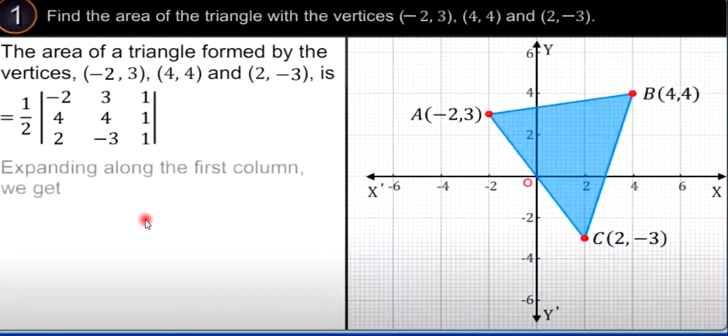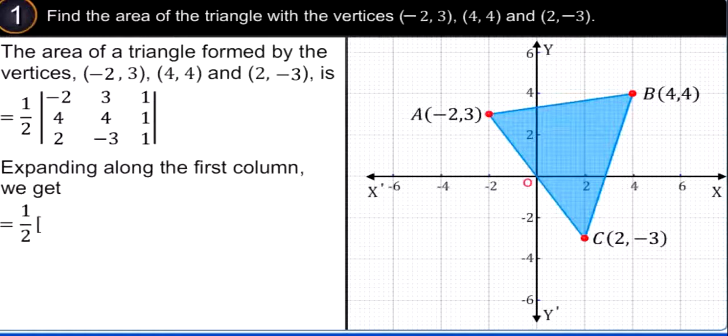On expanding the determinant along the first column, we get the following. On simplifying, we get